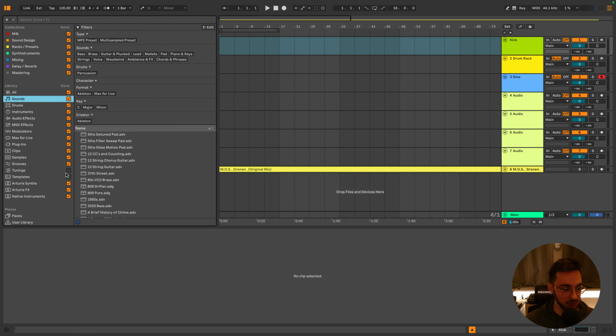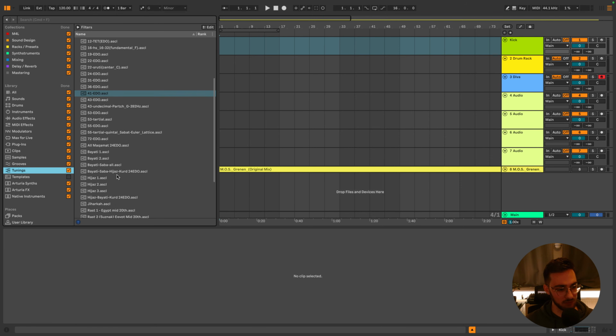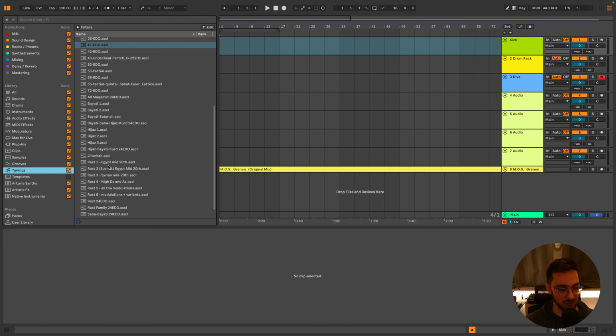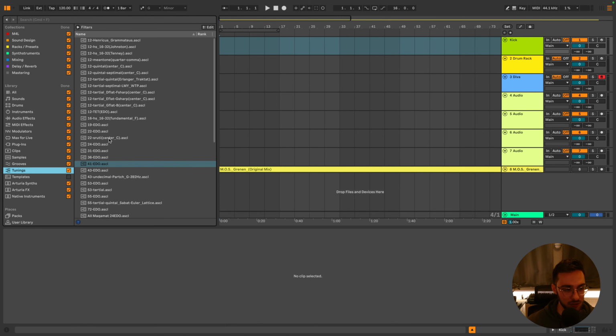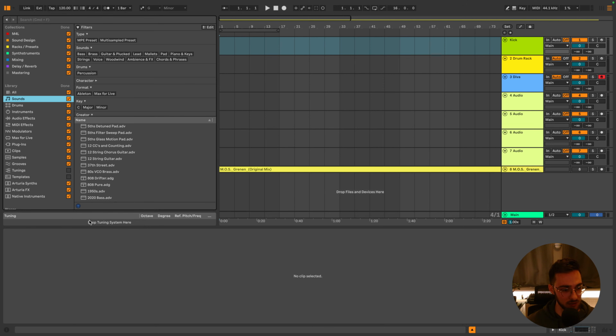If you go into edit, you can now blend in tunings. This is for the unusual type of stuff. So if you have, I don't know, a ton of Hijaz, Arabic tunings, and, you know, 13 notes in an octave type tunings, but I'm not sure if this is something that's really as valuable. You can also access the tunings here. You have this tuning pool